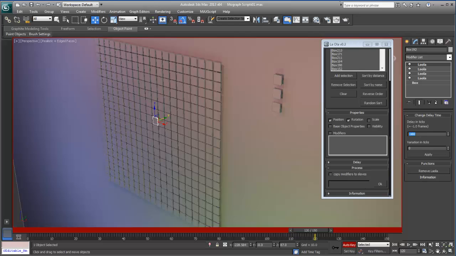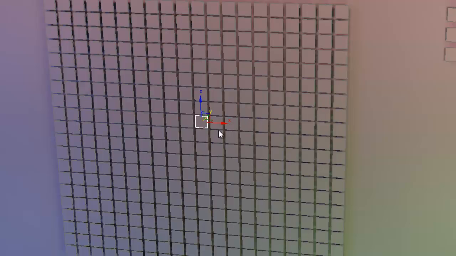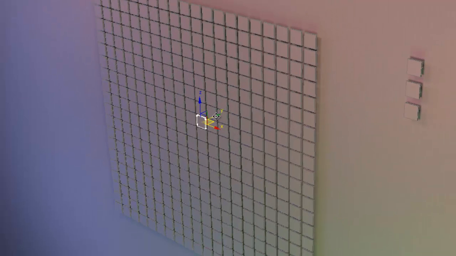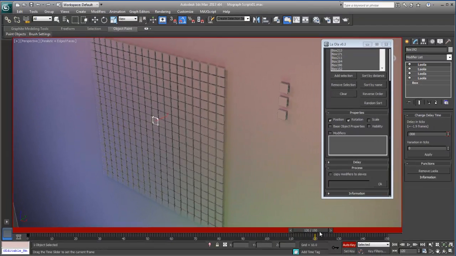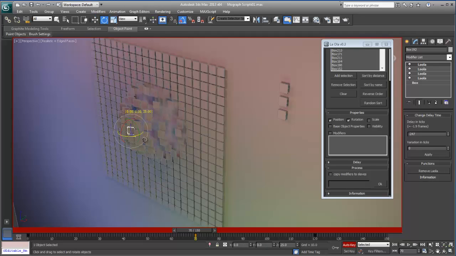So now we have this up here. We'll set our transfer to -300, for example. Now when I move it, you can see that it's moving the objects based on the proximity to my original master object that's moving. And since this is all keyframeable, whether I change controllers or whatever, I can do whatever I want. So for example, I can come in here, pull it out, rotate it,